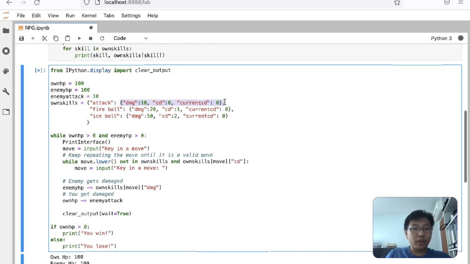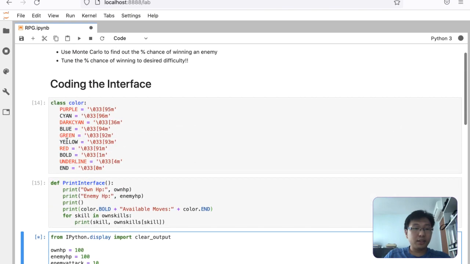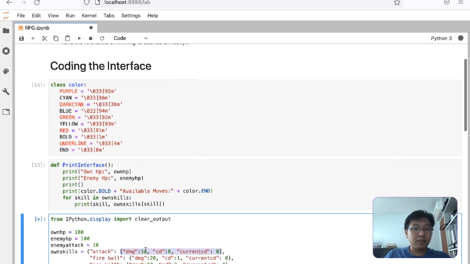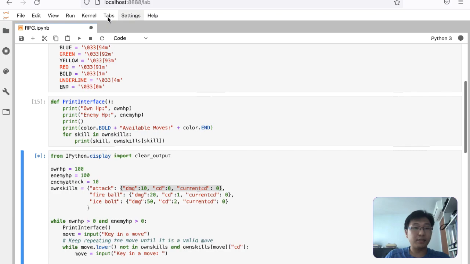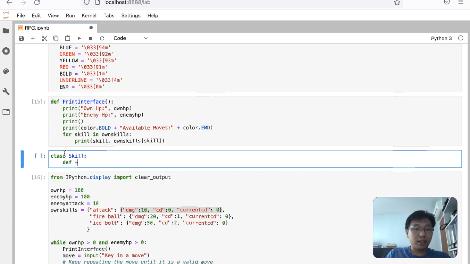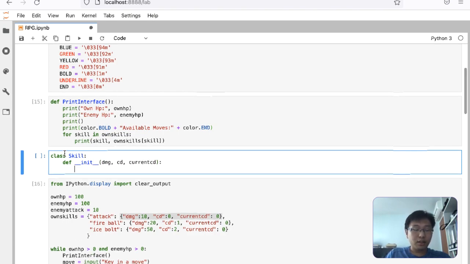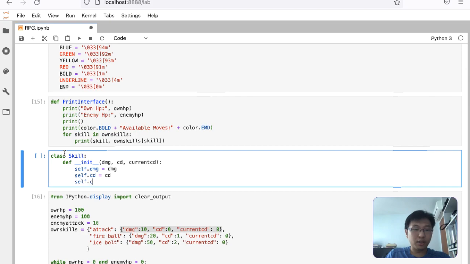I just wonder if I should create a different class for each of them. I mean something like this. I create a class, and then for each of the class I can reference the damage, CD and current CD within the class itself. So maybe we could do that. Class Skill, define __init__. Then over here we have damage, cd, current_cd. Okay, self.damage equals damage, self.cd equals cd, self.current_cd equals current_cd, and then what we can do is